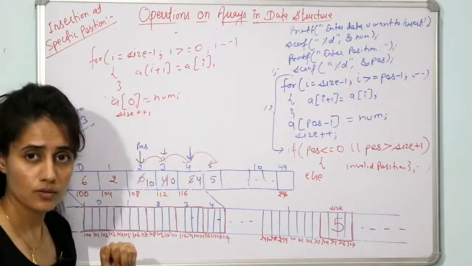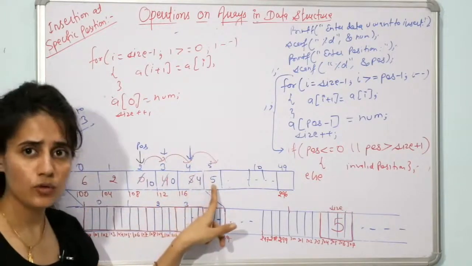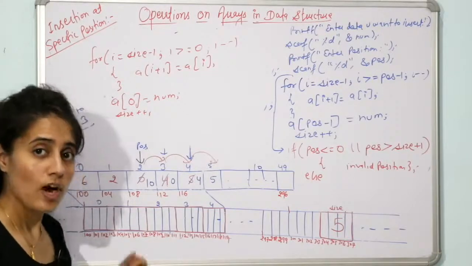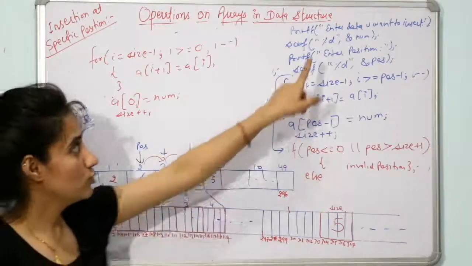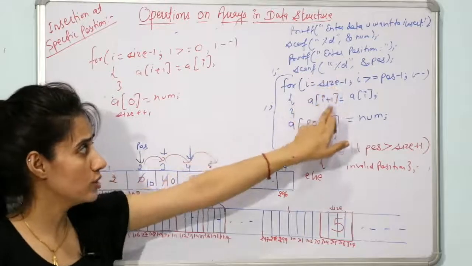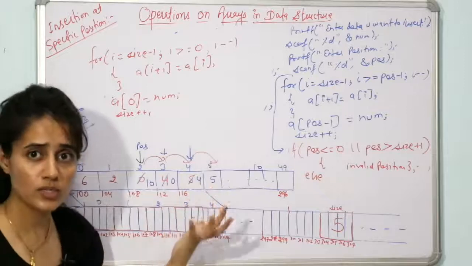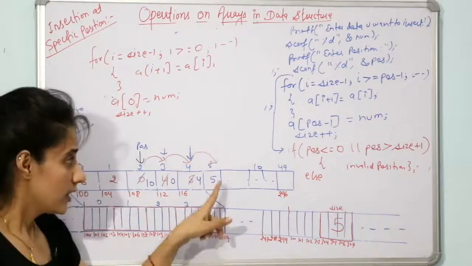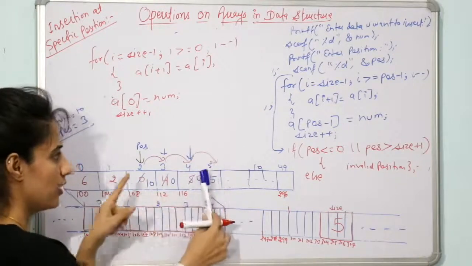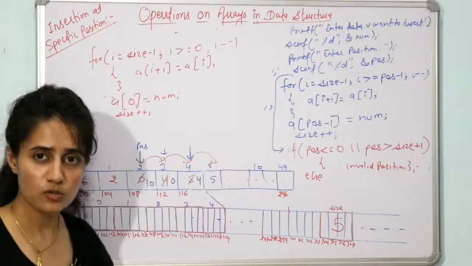And if you want to insert after all the elements at the end of the array, then what you will do? That is very simple, no shifting would be done, fine. So now how you will insert? Simply you just enter the data you want to insert, no need to ask the position, no need to do this shifting and all, fine. Simply you will write a of size. Say size is 5, so at index 5, because if size is 5 then data would be from 0 to 4, so at a of size you can insert the number, and size plus plus you can do.